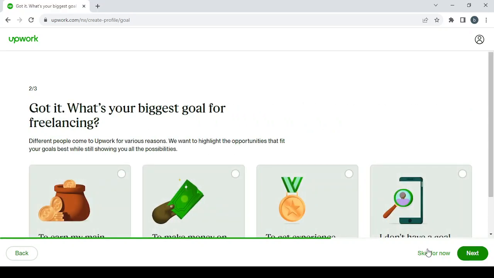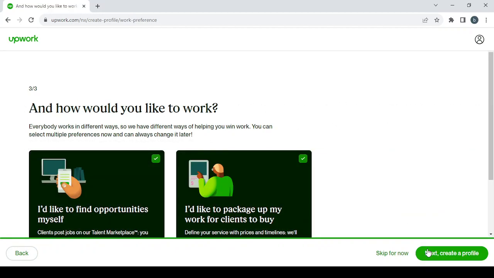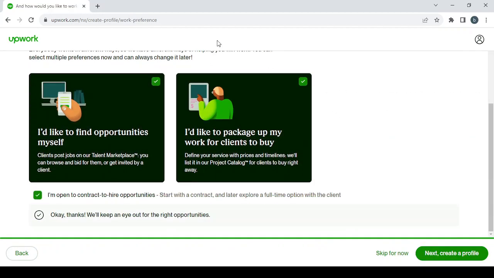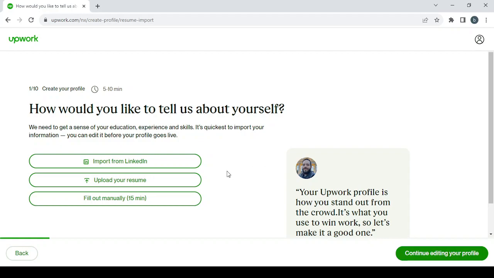And same with these other questions. Let's skip them for now as well. And here for these boxes, make sure to check all of them. Then click on next to create a profile. So here you can import your resume from LinkedIn, or you can upload your resume from your device if you have it in a PDF file or in some other files, or you can even just fill it out manually. It will take less than 15 minutes,